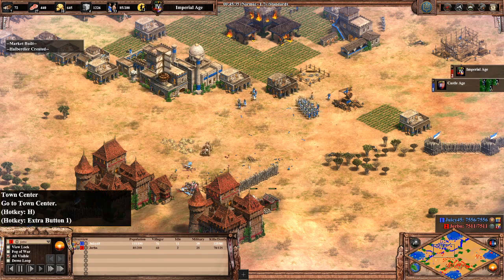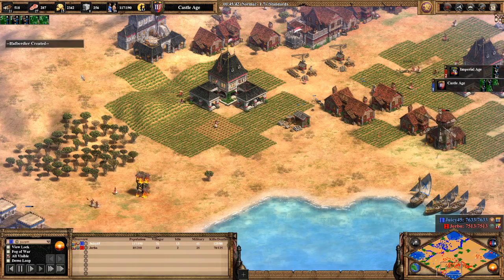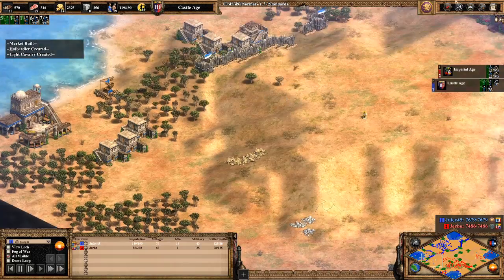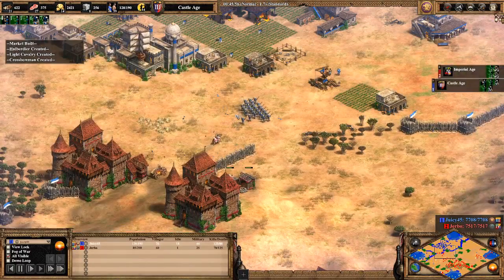There's his res count. He's got a ton of stone. Not enough on food and wood right now. Juicy's also having trouble balancing eco. Heavy on gold. But the problem with what's going on right now is, as well as